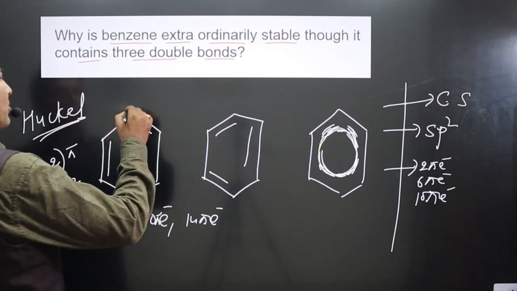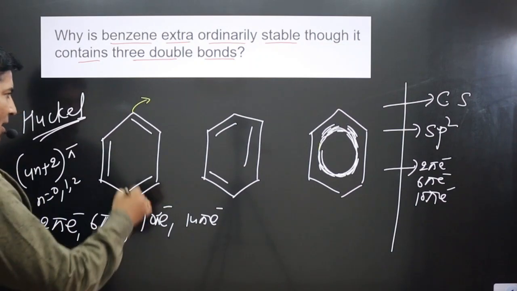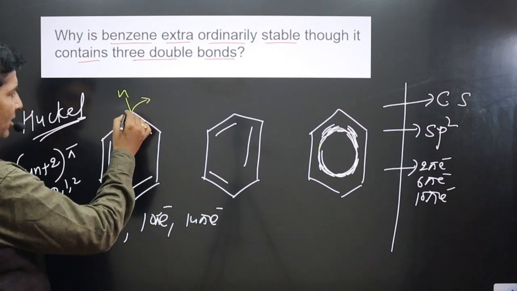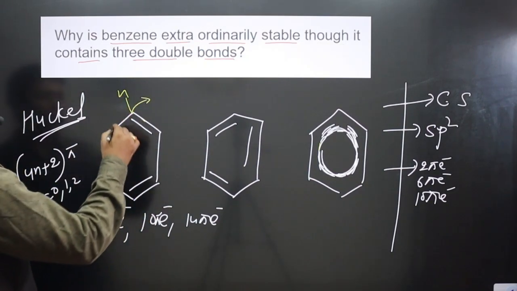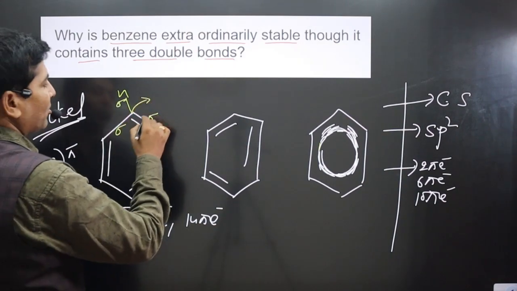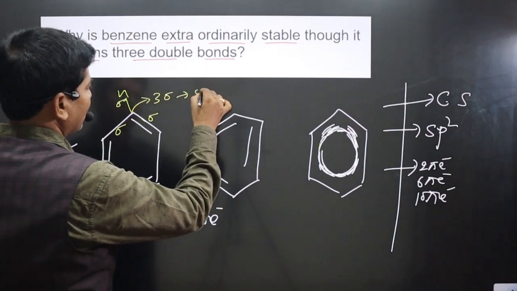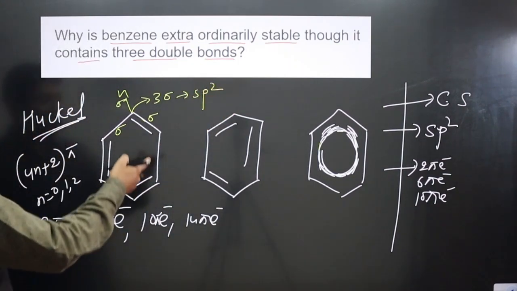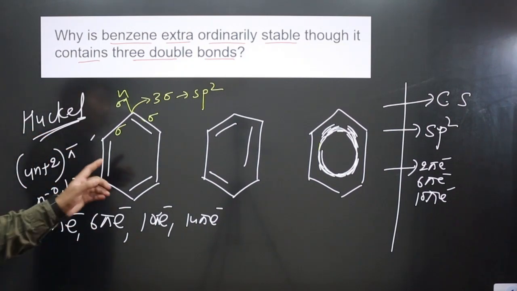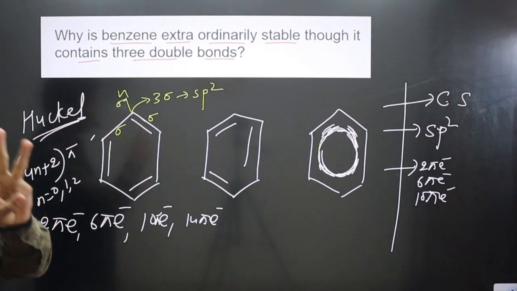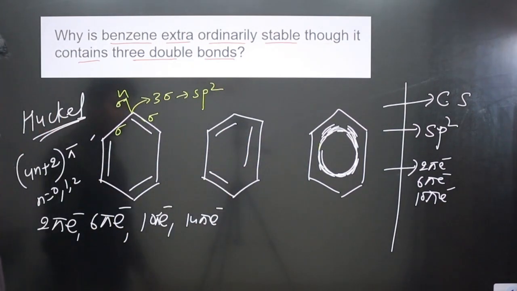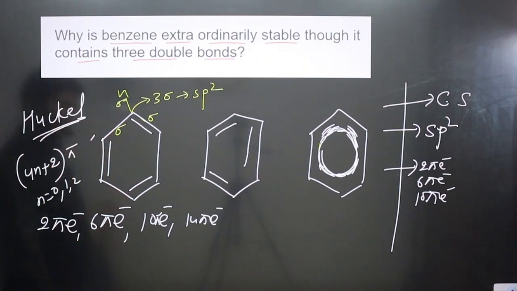So you can see this carbon is forming how many sigma bond? One hydrogen is attached because carbon is forming 3 bond. One bond, second bond, third bond. This is the fourth bond. So this is sigma bond, this is sigma bond, this is sigma bond. So you can see this carbon is forming how many sigma bond? 3 sigma bonds. This is what sp2 hybridized. Okay, similarly each carbon is attached to one hydrogen, and each carbon is what? Sp2 hybridized, because each carbon is forming 3 sigma bond. Okay, so you can see we have planar geometry is there. Planar structure we have for the benzene ring.